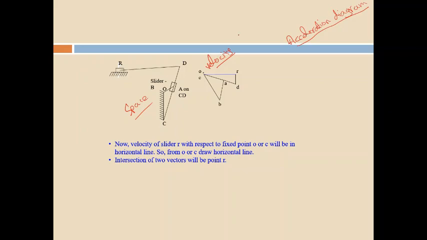In this problem also, for every link we will have two components. First of all, link OB will have one radial and one tangential component. For the radial component, the formula is velocity of OB square divided by link length.